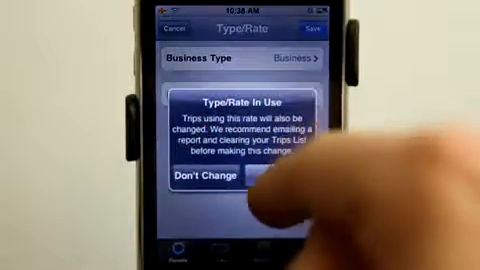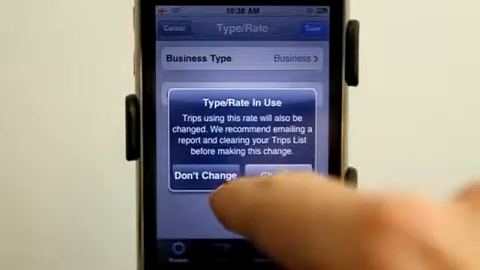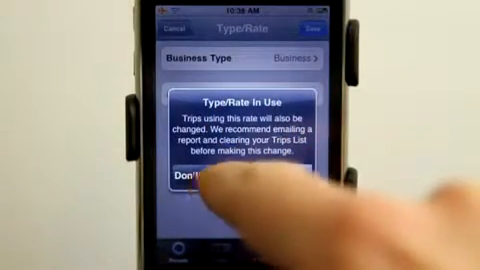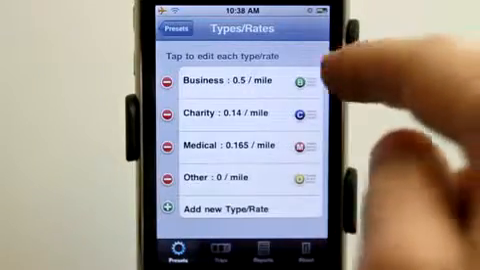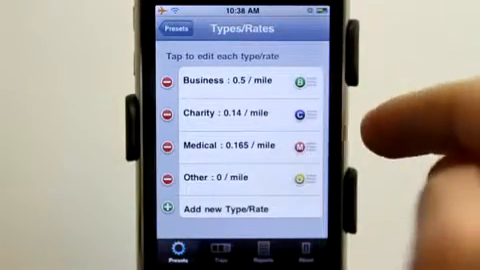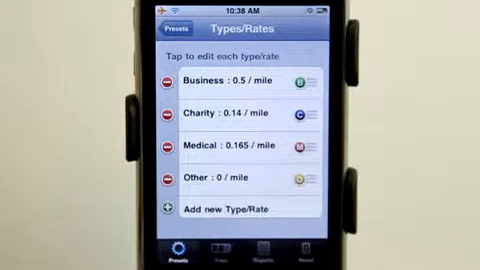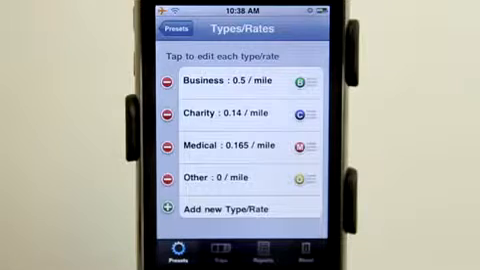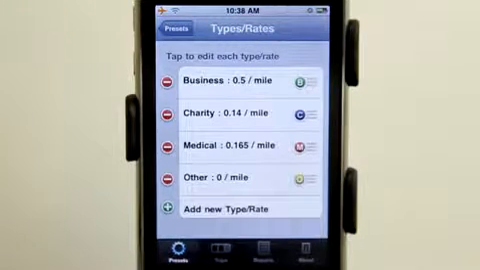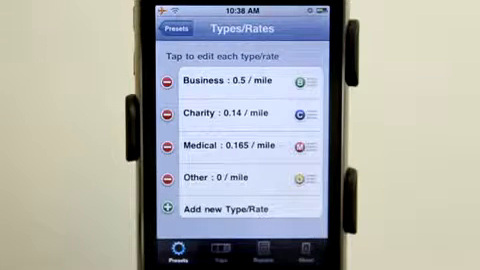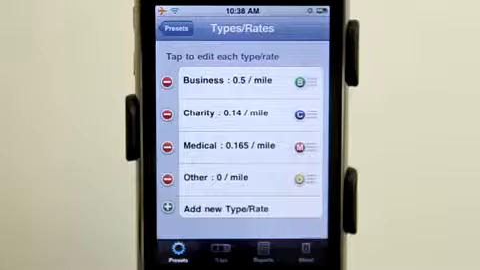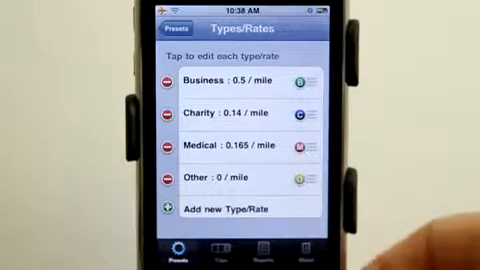So for business, it's saying that they recommend that. I'm going to go ahead and not change it. Let's just hit cancel. 5 cents per mile, charity 14 cents, medical 16.5 cents, and then other nothing, because there obviously are going to be things that I'm going to go and do in my car driving to the grocery store or whatever for personal uses, and I of course don't get reimbursed for any of that, and I don't get to write off on my taxes personal stuff,